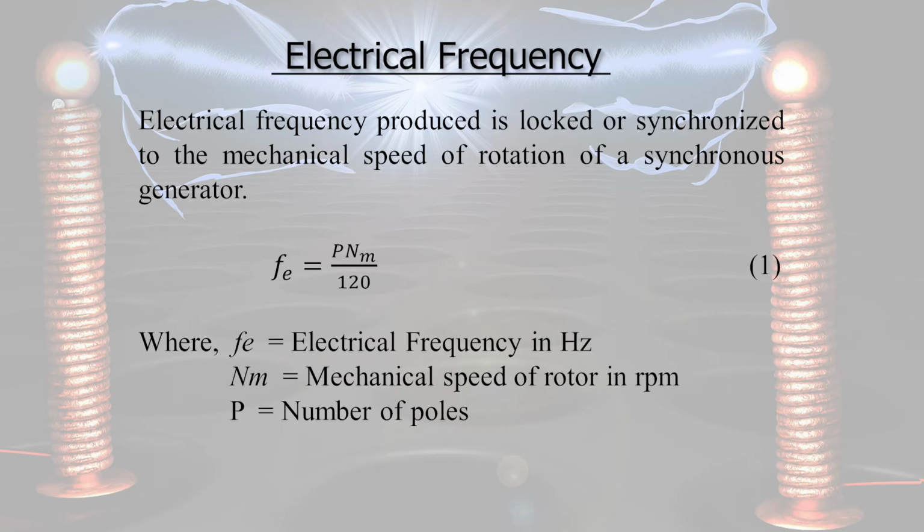That's why the name is given as synchronous machines. In synchronous machines, these are basically constant speed machines. P is already fixed when you have done the construction, either it is 2 or 4 or whatever it is. Nm is the rotor speed, and rotor speed you will adjust in such a way that you are getting the required frequency. In our country, the power frequency is 50 hertz. So accordingly, you will choose the rotor speed. So these two quantities are linked with each other, or in other words, we can say they are synchronized. That's why we have given the name as synchronous machine.